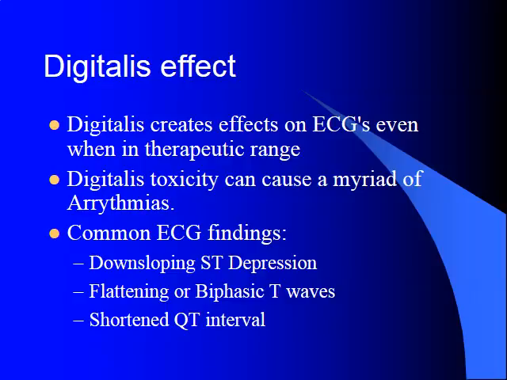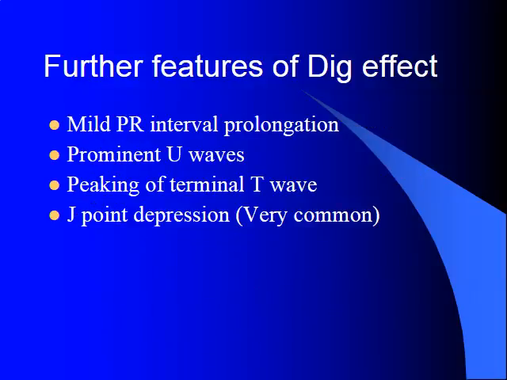The digitalis effect can create a wide range of findings on an ECG, even when it's in the therapy range. Digitalis toxicity can cause a lot of different arrhythmias. Pretty much any arrhythmia that we've talked about can be caused by digitalis toxicity. But we're going to talk about the common findings whenever this is in therapeutic range. Generally, you're going to have downsloping ST depression. You'll have a flattening of the T wave and a short QT interval. You might also see some mild PR prolongation,